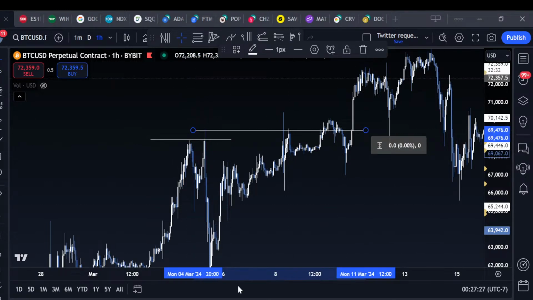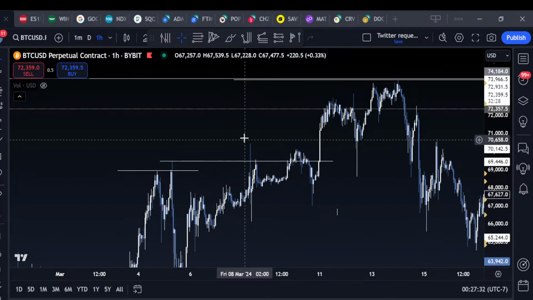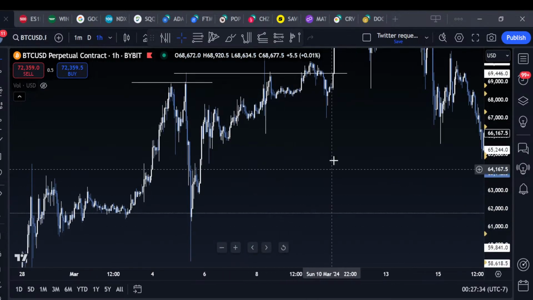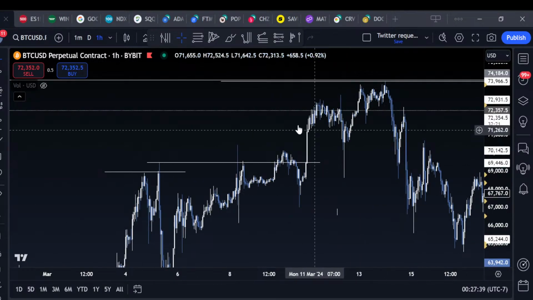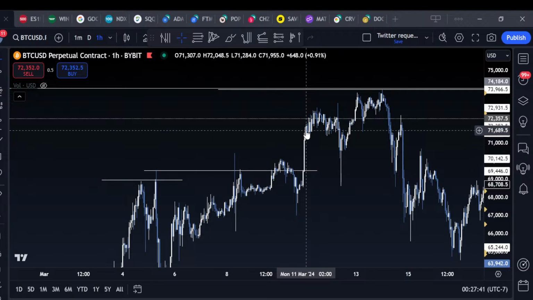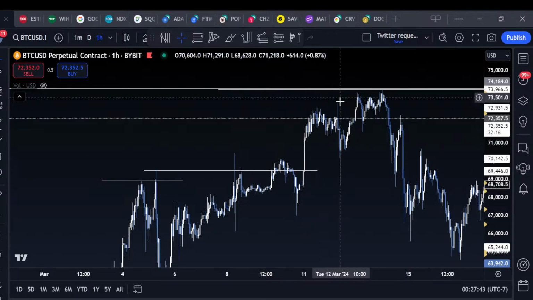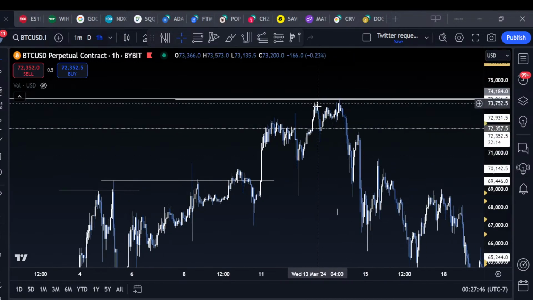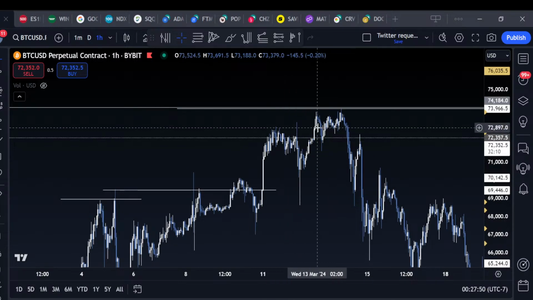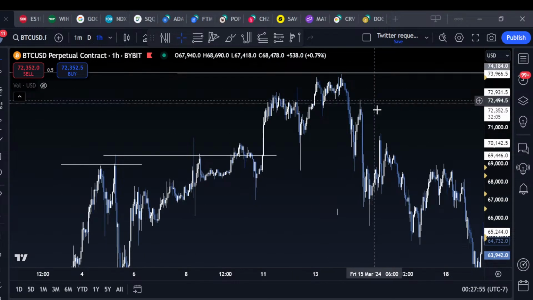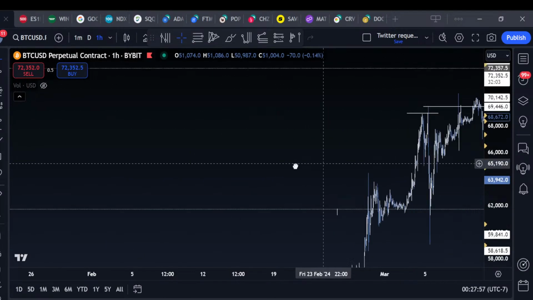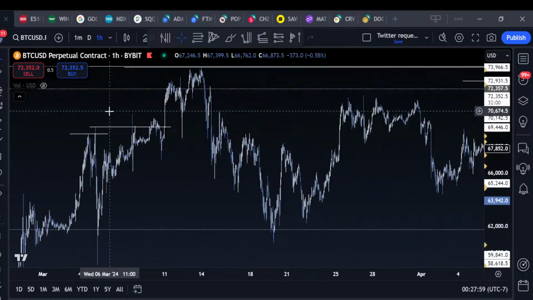First new all-time high, straight down. Next all-time high, wick, straight down. It's a wick though, right? I'm not talking about straight down to 42K. I'm talking about what are some levels I'd like to long on a rejection. This one, we have a breakout, consolidation, wick, new all-time high, straight down. Another move up, new all-time high, straight down. I know this doesn't look like that crazy, but it's the same concept. New all-time high, straight down, right? We're just wicking the all-time highs here before a big rejection.